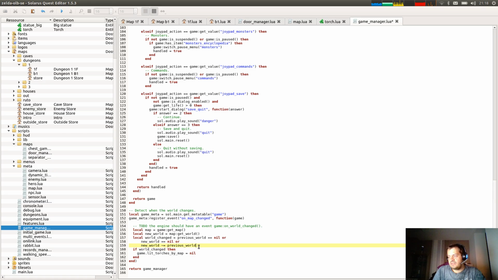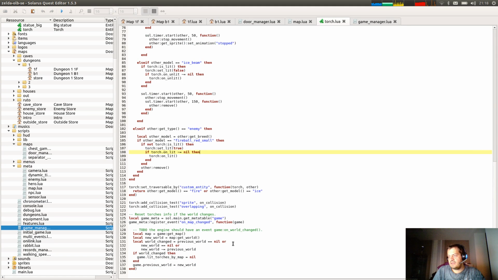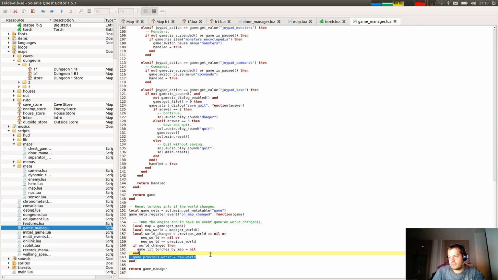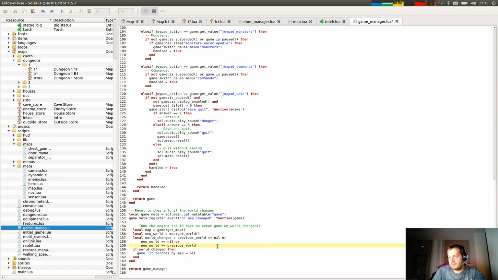Wait, there is a then missing? No? Did I change anything here? Oh no, it's not if, it's just a Boolean expression. Okay. Oops. So if world changed,